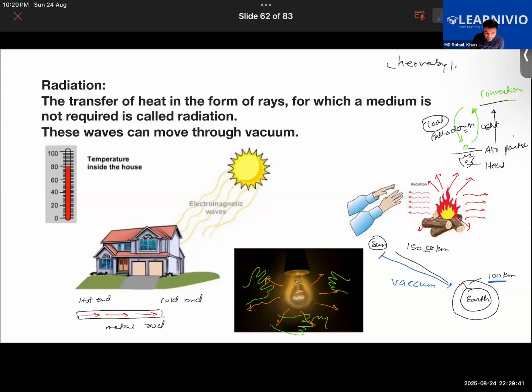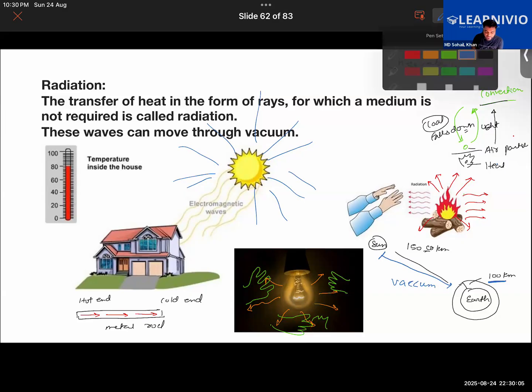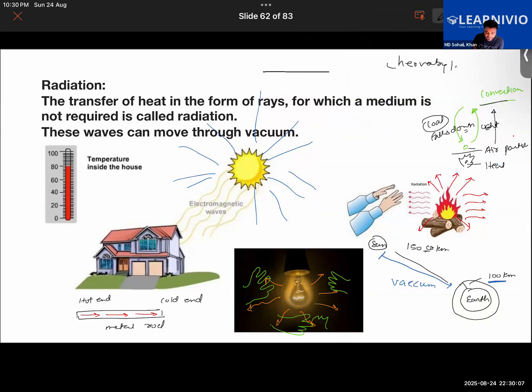It's reaching everywhere in the solar system, right? It goes in every direction. Similarly, when you place your hand right beneath this incandescent bulb, whether you put your hand over here, or here, in every direction you are going to feel the heat coming out of it. But in the case of conduction, we have learned that heat is flowing in a linear fashion like this. In convection